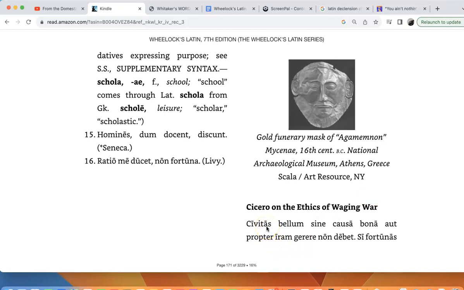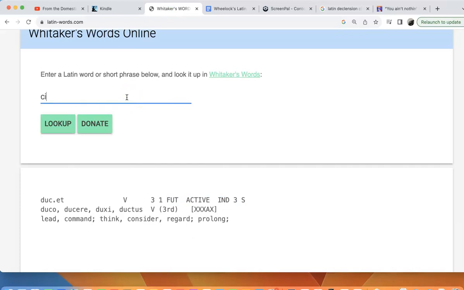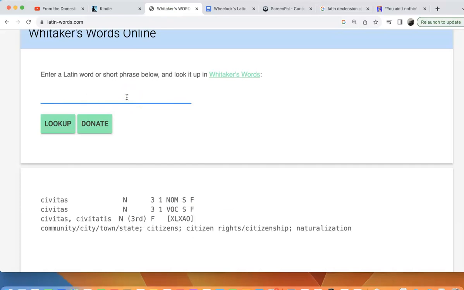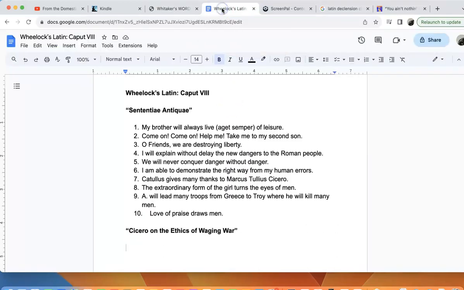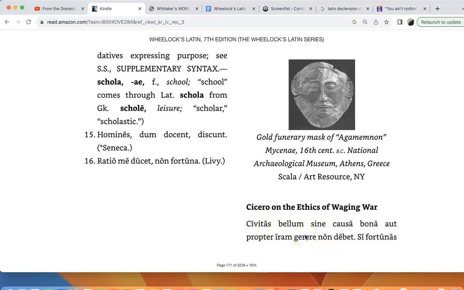So here we have civitas. Now civitas, it is where we get the words civis and citizen, but we had this before. So we'll just look it up here. It means state in this case. Cives, where we get the word citizens, but in this case, he's talking about the state. So we're going to go right down here. So take off the bold. So a state. So remember, Latin doesn't use a or the. So a state ought not to wage war